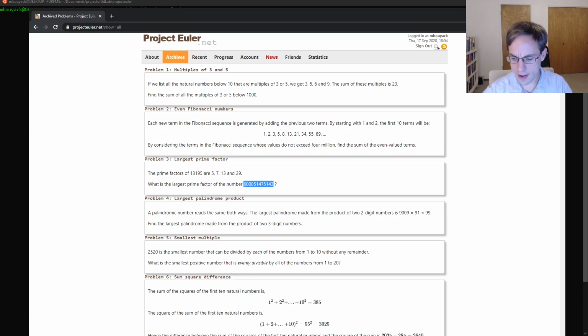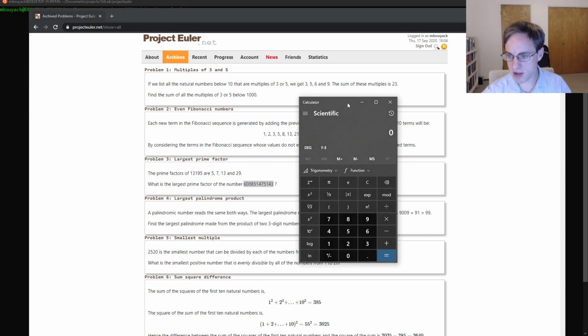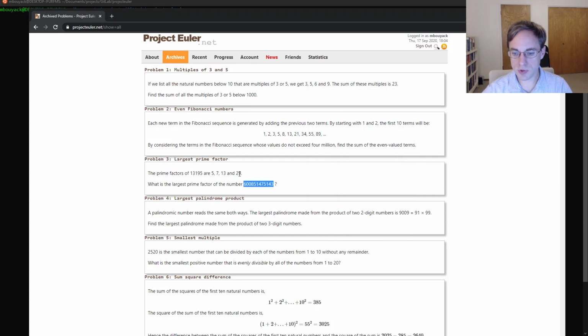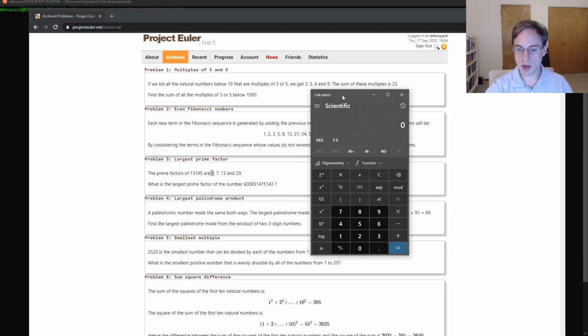And so let me just show you what I mean by that using their example input here. So they give 13,195 as an example input, and it has the factors 5, 7, 13, and 29. And we don't know what those are off the bat. We're just given this number. But we start searching, and we find that 5 is a prime divisor. And so we take 13,195, we divide that by 5, and we get